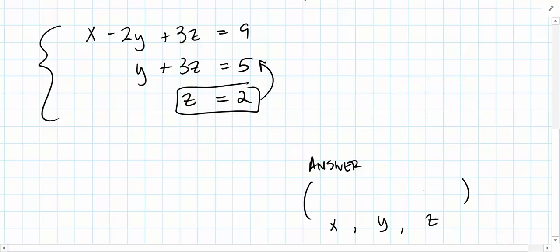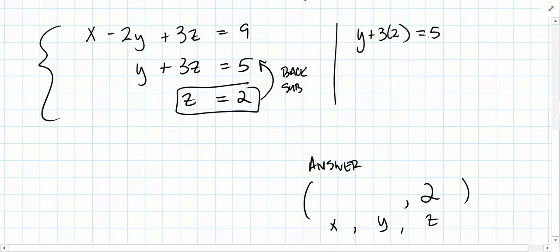Okay, and right now we know that z is a value of 2. So that one's pretty easy. We got that one down. We got to get x and y. Now, if z is 2, we can use something called back substitution to get y. So in this case, we know that y plus 3 times 2 is equal to 5 from